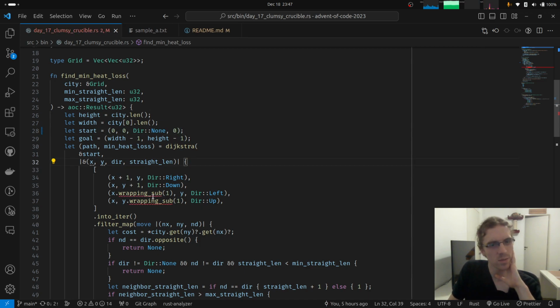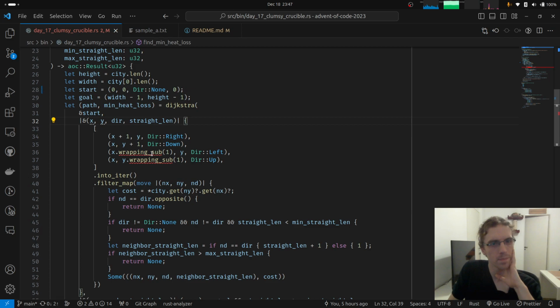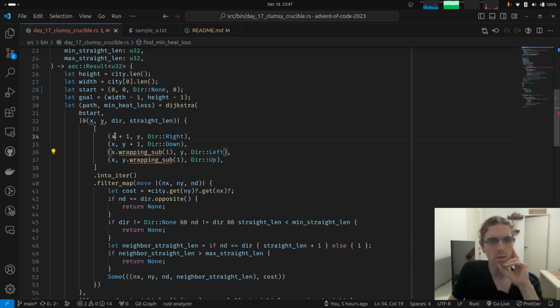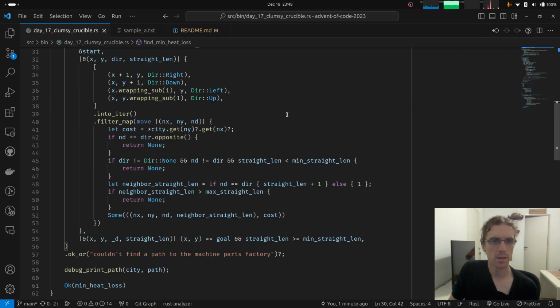For some really weird reason, this is using this wrapping sub here, and even though we are then converting this xy, we are using this to index the city, which will take a usize. It's not inferring this thing to be a usize, so it's a bit sad. But well, that is what it is.